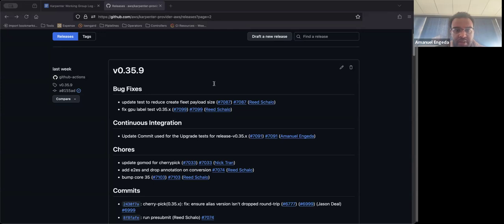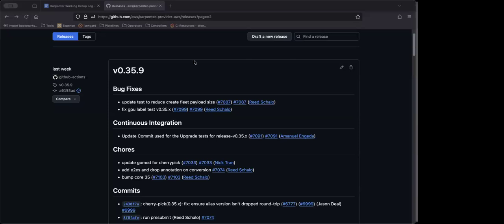I see one question in the chat. Why is the AMI ID fixed? AMI ID isn't fixed.